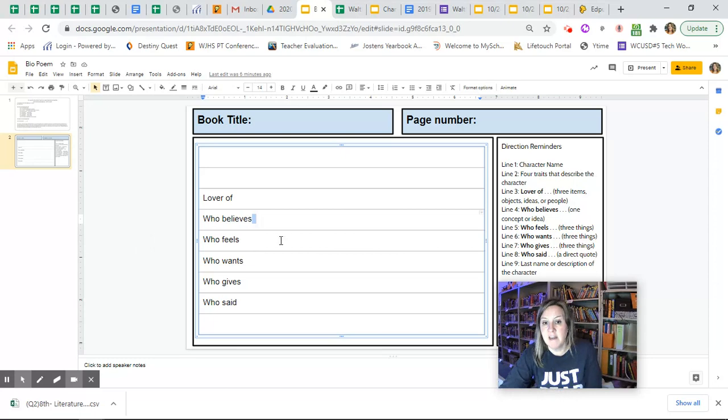For line 5, which is this one, it's who feels, and you'll finish this sentence. Who feels, and you don't want to say who feels sad, angry, and happy. That is not going to be specific enough. You're going to have to give examples. So who feels upset when they lose the championship game, comma, angry when they fail their math test, comma, and joyful when they win the cross-country race, or whatever the case might be for